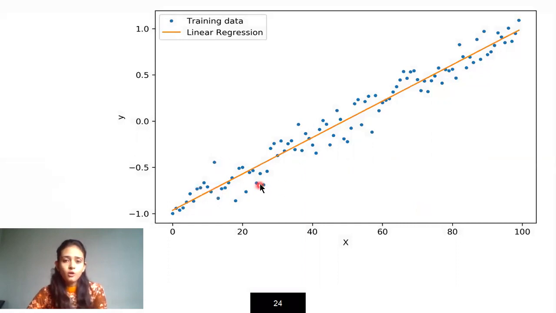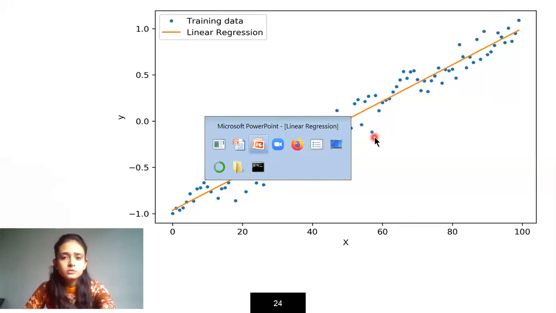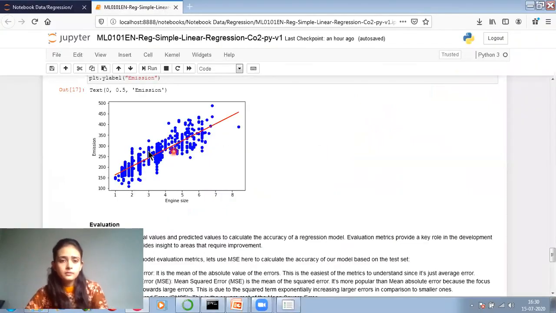If you plot all your data points, these blue ones are my data points, then from those data points you can draw a line passing through all the data points, and you can find your linear regression line like this. Let's see, this is how I plotted. This blue shows all my data points, and this red line shows the linear regression line. So this is how the linear regression line works.